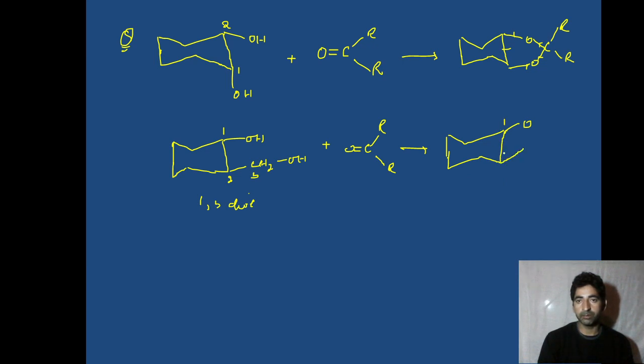So this is carbon 1, this is carbon 2, this is carbon 3, then again I have an oxygen atom. Then these will attack carbon, this will attack carbon, and this again will attack carbon. 1, 2, 3, 4, 5. This again will attack carbon. So this is a 6-membered ring, and over here we have R group attached, R group attached. So over here we have formed a 1,3 dioxide.